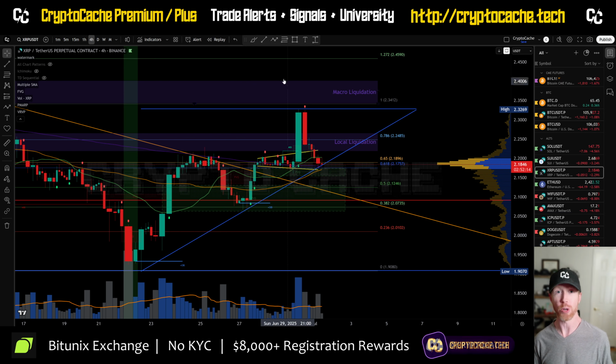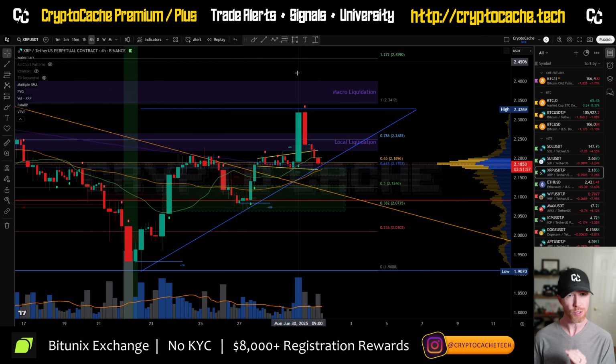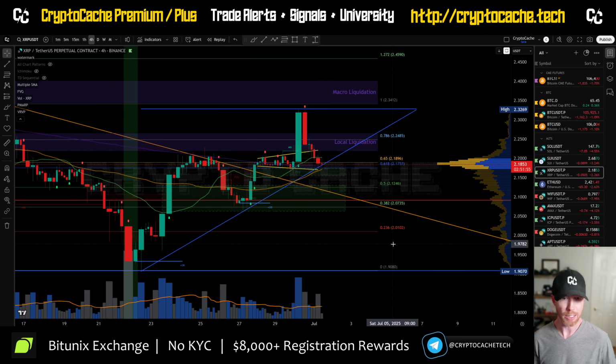Quick look once more at XRP. We saw a nice pump here yesterday to push up to that previous resistance range of 235 to 240. Nice profit there too. Congrats to our community here. Nice little 20% there in roughly 2 days. We took a long on XRP in the 210 to 215 range over the weekend, and at this point it ended up